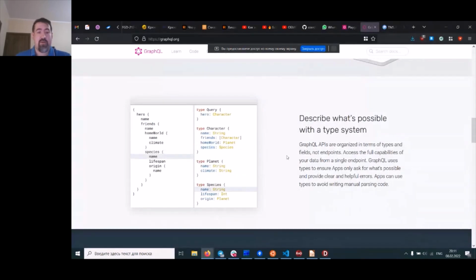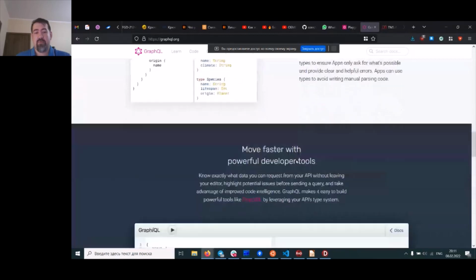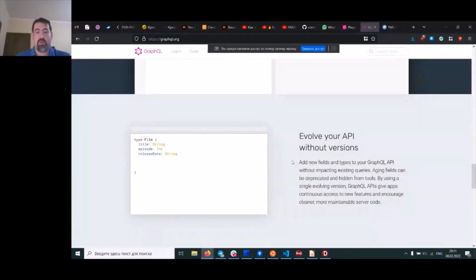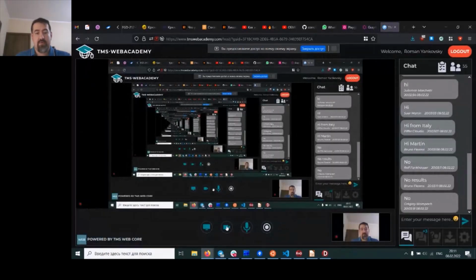And you have a comprehensive type system, and you have tools to evolve. In short, that's it. Wagner, do you want to add anything?